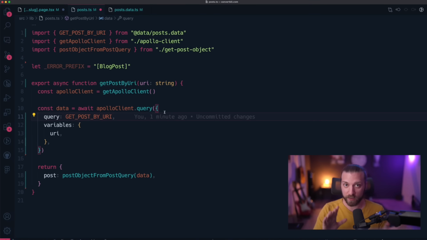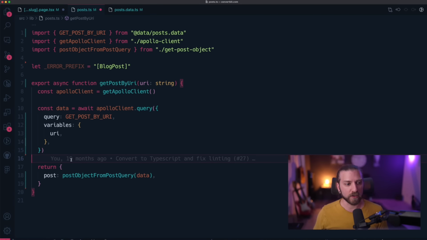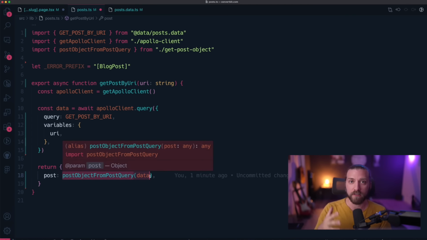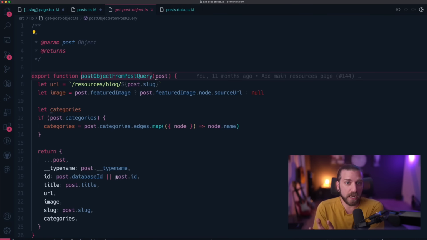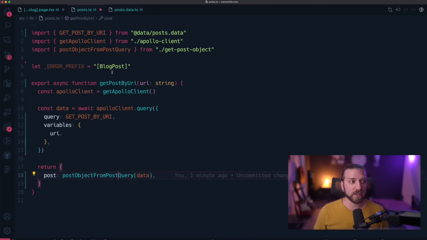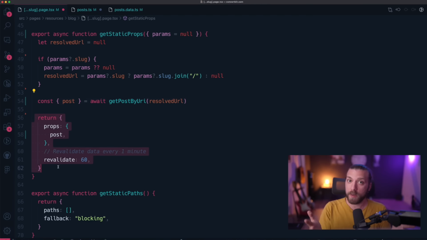This is not exactly what's written in our code anymore. All we're saying is give me the post. And then also here in getPostByURI, we have this function that says take that data and create a post object from this query, from this data. And then that returns the data into this post object, returns it back to the page at the very beginning, and then that data is used to send on through and create the structure of the page using that data.